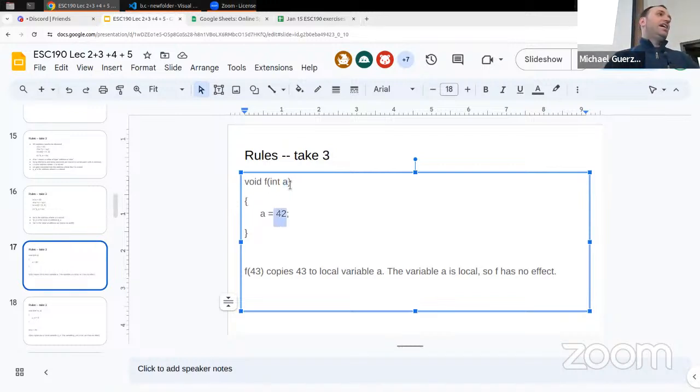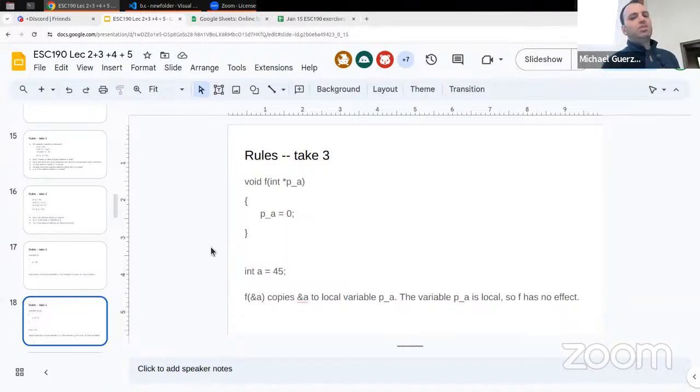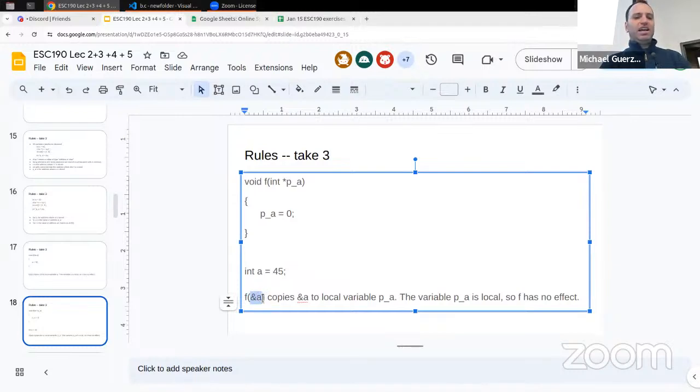So if you say A equals 42, well, A now stores the number 42. 43 is, of course, still 43. This is a common confusion, I think, and I'll stop and ask people if they get it. But this works exactly the same. You're sending the value address of A. So address of A is an expression in the same way that something like 5 plus 7 would be an expression,